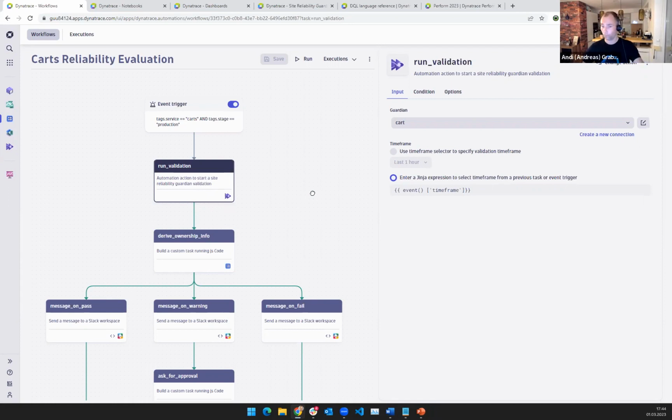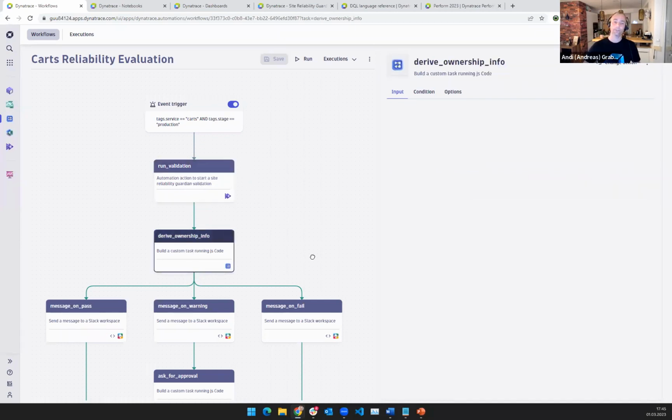Coming back to Mike, who asked the question, you can build your own apps, your own use cases. You can either provide a UI, you can provide backend logic. You can also provide that backend logic through an action. So you have the full capability that we have as Dynatrace. So in this case, whenever a new deployment happens, the validation gets triggered.